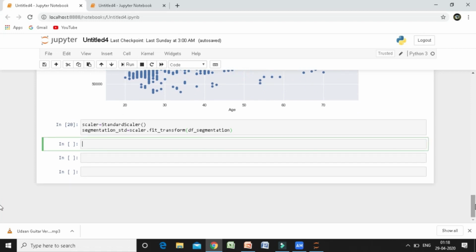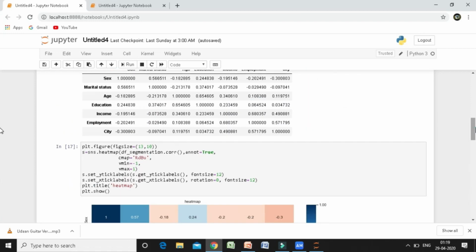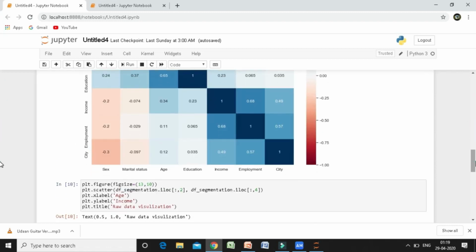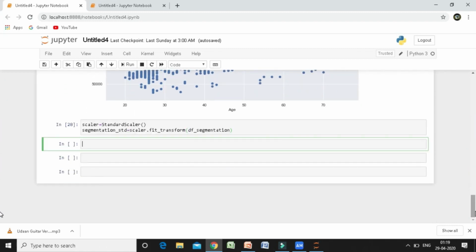Now just to explain the coding part, we have already imported our linkage function. With this linkage function, we will be getting the segmented data. And what is our data? New data, which is standard data, segmentation standard data. So I will define a variable here, dot cluster.